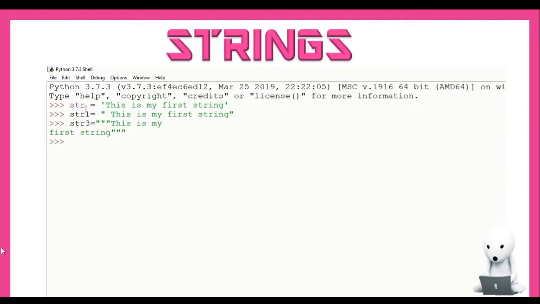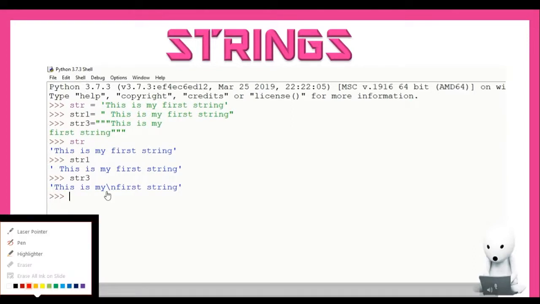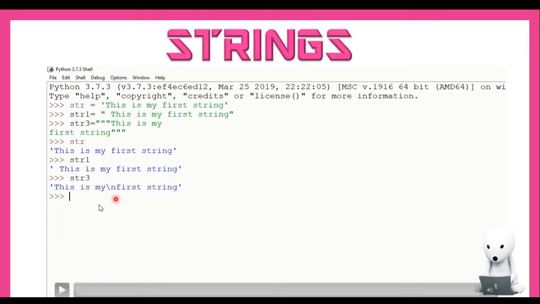Let's display all the strings on the screen now. str gives you, this is my first string in single line. str1 again gives you, this is my first string in single line, whereas str3 will display the string with a \n in it. \n denotes that this is a multi-line string.